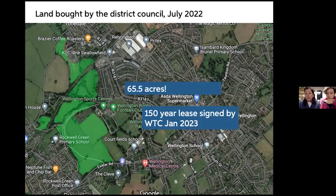He decided that he wanted to sell off this land, which wasn't agriculturally valuable to him, as a legacy to the town. So with some development money that the district council had at that point, but crucially with the assurance that they had a really engaged, experienced and well-motivated team of local people who wanted this to happen, because they had seen what we had been doing in these other patches of land, they were able to say, okay, we would like to buy this land